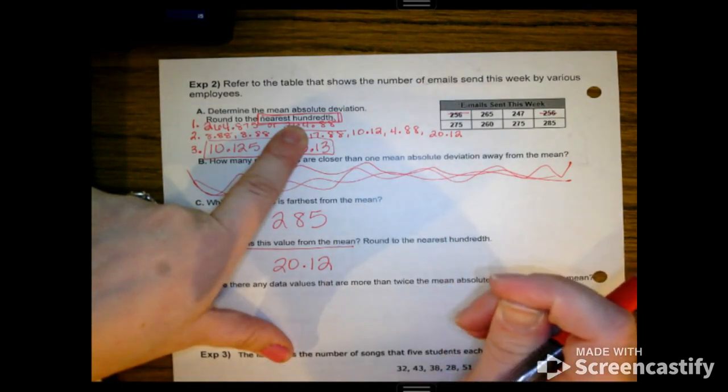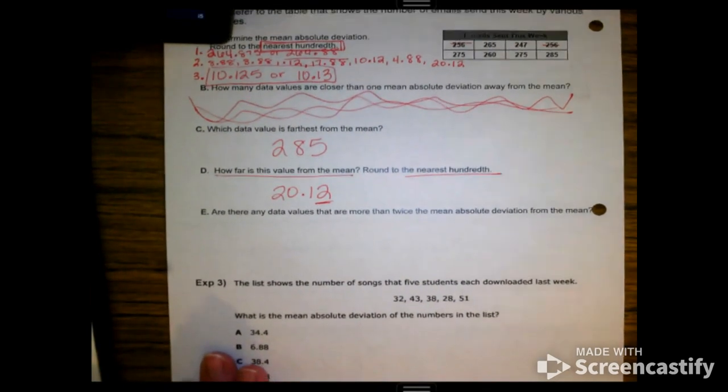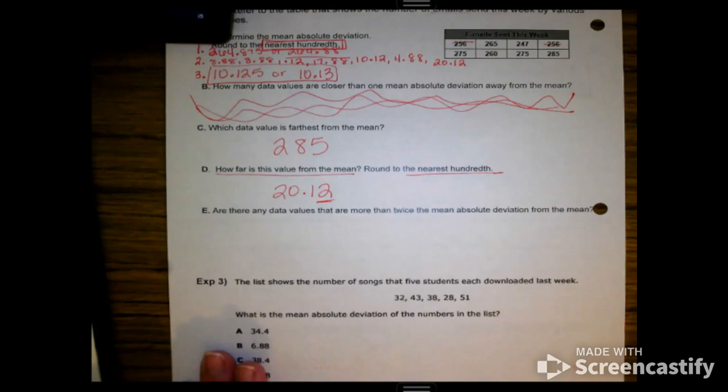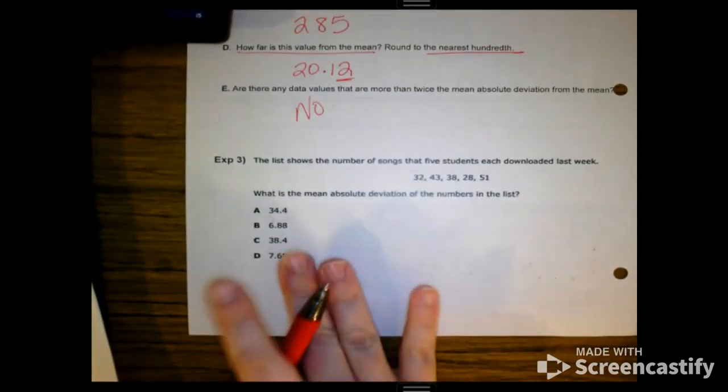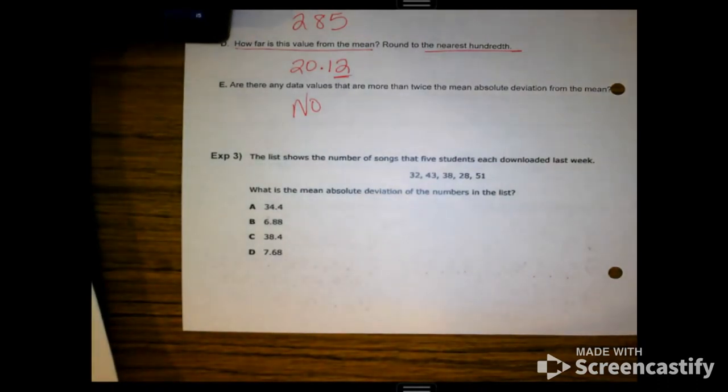This is the nearest hundredth. Are there any data values that are more than twice the absolute deviation? No. Okay, y'all do this one real quick because they're small numbers. It doesn't take you long. Find your answer. Miss Aguilar is passing out your